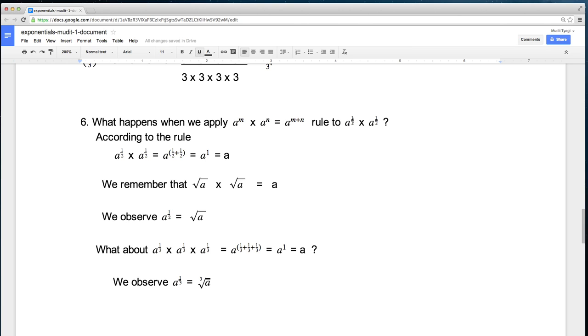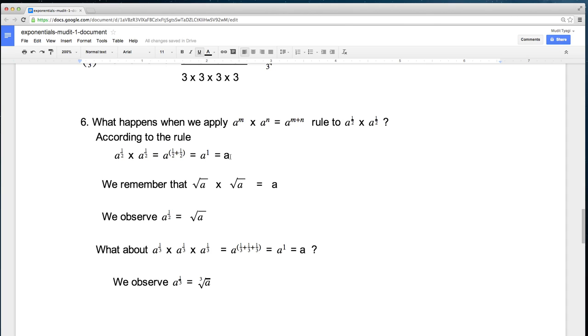So the m is a half and the n is a half. And that's okay. m and n can be equal. If we apply the rule, a to the half times a to the half is equal to a to the m plus n. So a to the half plus a half, which is equal to a to the power of 1,